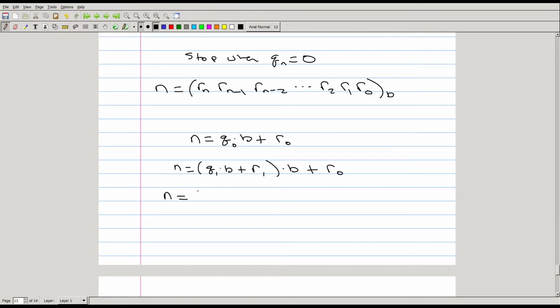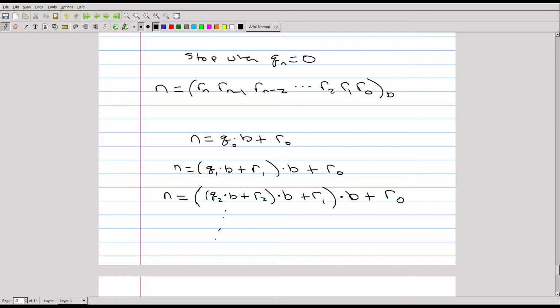Then the next step gives you q1 here is q2 times b plus r2 times b plus r1 times b plus r0. And if you continue this all the way down,